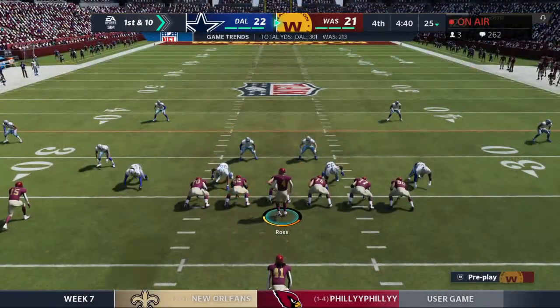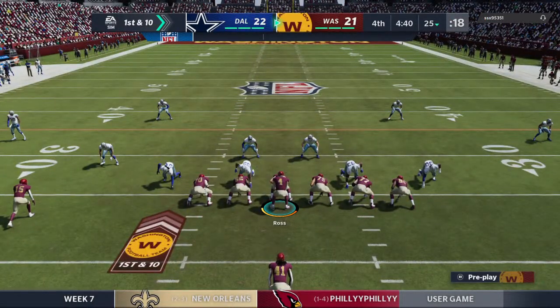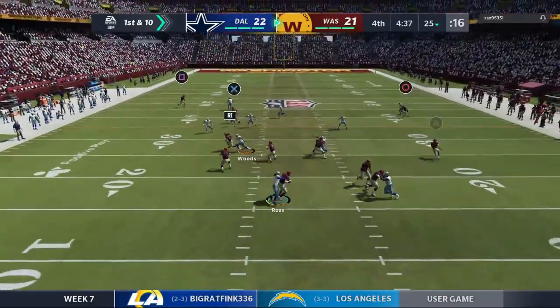The Washington offense at the line and ready to roll. These guys had to punt their last possession, and that's become too familiar of a refrain. Too many of these drives just wound up going nowhere. But you know how in baseball...